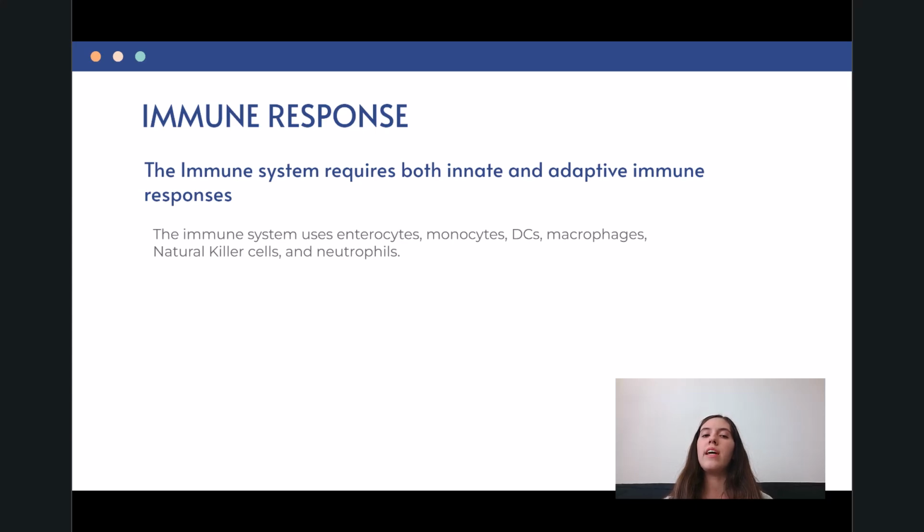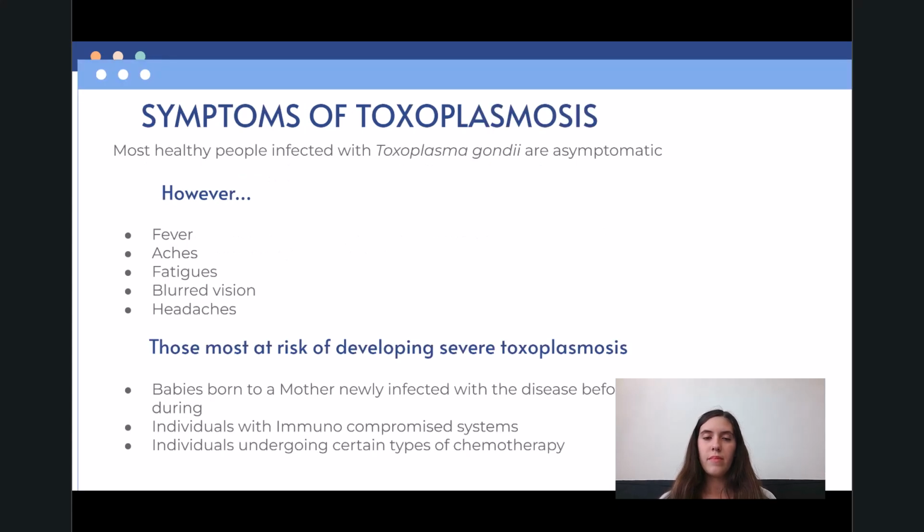So some symptoms of toxoplasmosis. Most healthy people infected with Toxoplasma gondii are asymptomatic, but can experience flu-like symptoms and have muscle aches and pains for up to a few weeks. However, there are some cases of healthy people getting toxoplasmosis and having symptoms such as fever, aches, fatigue, and blurred